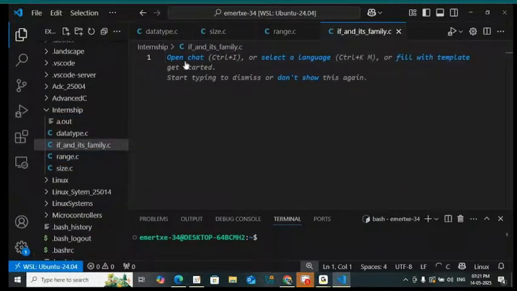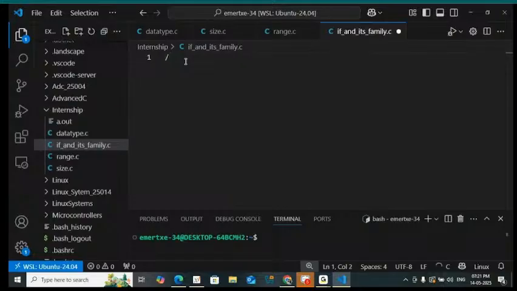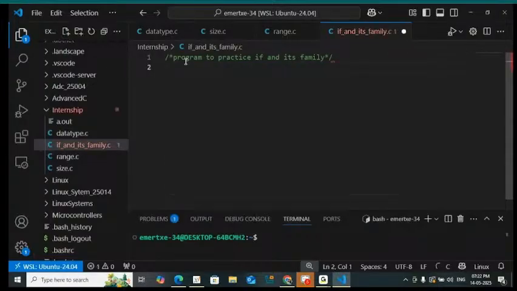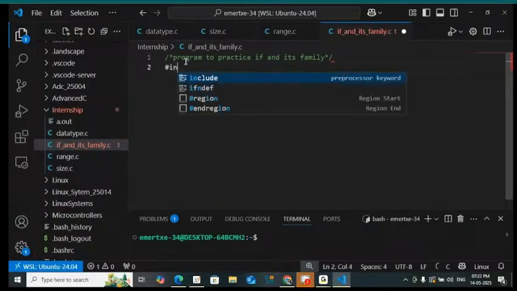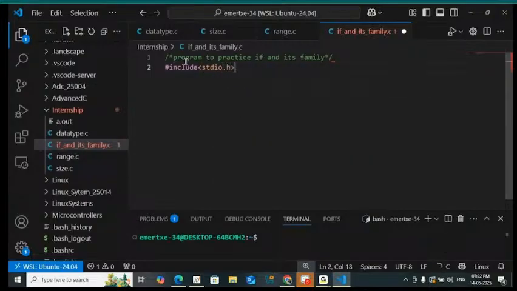First thing here we are trying to do is to practice if and its family. First, I'm trying to include the header file stdio.h. Then in the main function,